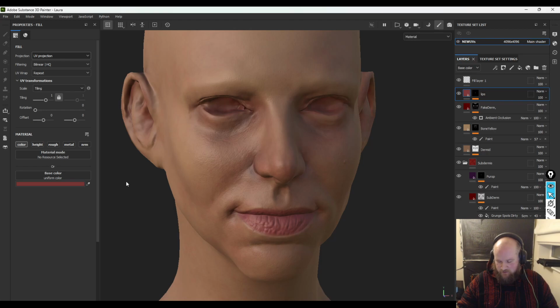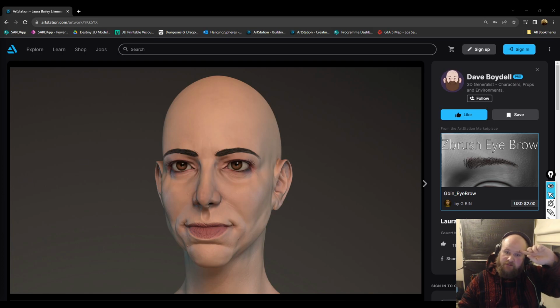So wait for it to save. There you go. And we're going to take a look at what the current state of my Laura head is on ArtStation. We're actually going to look at that a bit closer. Okay. So this is what I've got here, and these are renders. So these aren't actually live, but